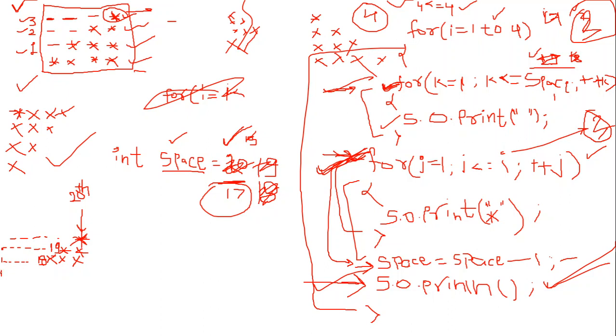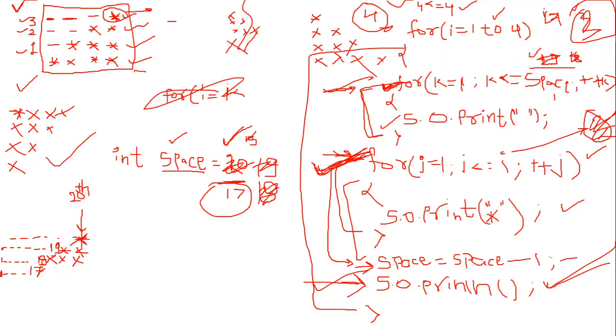As you can see, after line got changed, our cursor will again start from here and it will provide 17 spaces, 1 space, 2 space, 3 space, up to suppose 17 is somewhere here. After that this loop will terminate because condition becomes false and this for loop will run. So this for loop will run 4 times because I value is 4 now. As you can see I value is 4. So this one will run 4 times and it will print 4 stars.